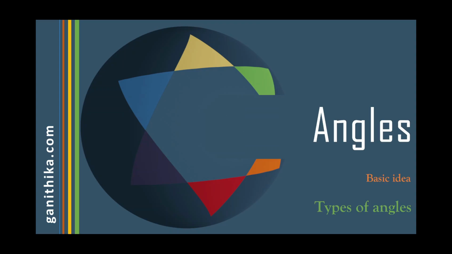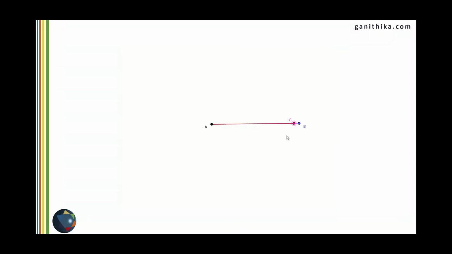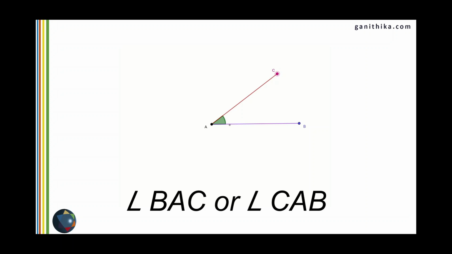In this video, you're going to see some basic ideas about angles, how they are formed, and what the different types of angles are. So let's see, we have two lines overlapping with each other, AB and AC. If I move AC away from AB like this, you can see the angle being formed between AB and AC. The green area between AB and AC is called the angle between AB and AC, which is also written